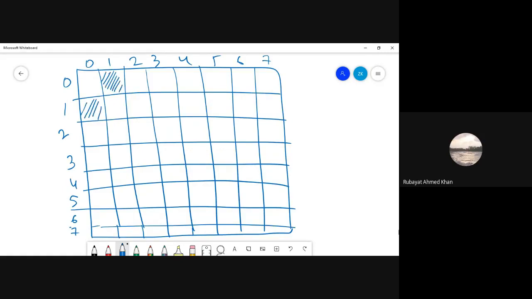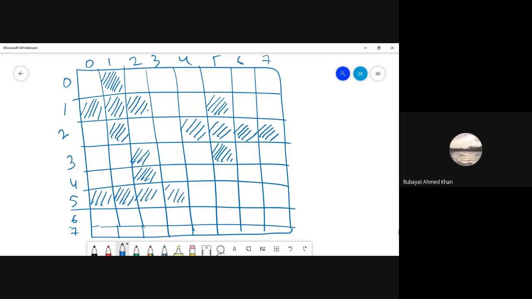So the problem set was something like this, I remember. This was my problem set, and I had to count the number of